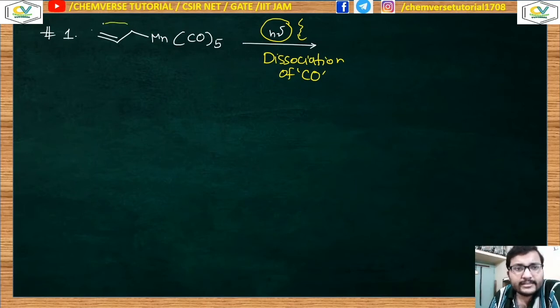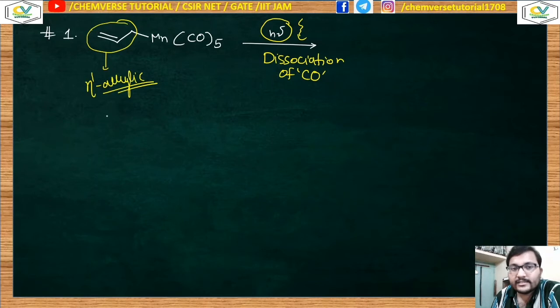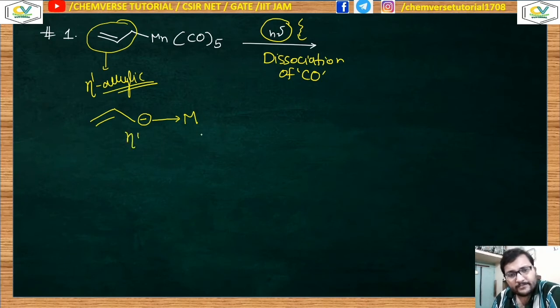Now can you identify this ligand? It is your hapto-1 allylic ligand. I have already discussed it in detail in the first lecture of organometallic chemistry, that over here if a negative charge is present, it is called the allylic anion, and it is an allylic carbanion, donating electron density to the metal and thereby forming the coordinate bond. So this is your hapto-1 bonding fashion.